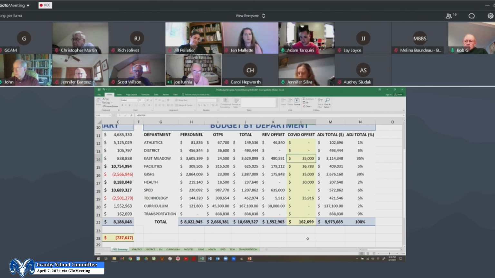So I'm looking at the choice numbers and trying to understand how many students we're bringing in and what percent of our student population that represents. For the actual amount, I don't have that right now. Jen Bartos or someone from school committee, I don't know if you know how many you voted on, but what I can say is that we receive $5,000 for each school choice student that we take in.